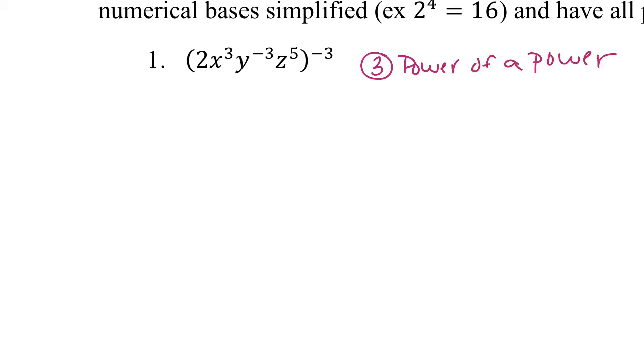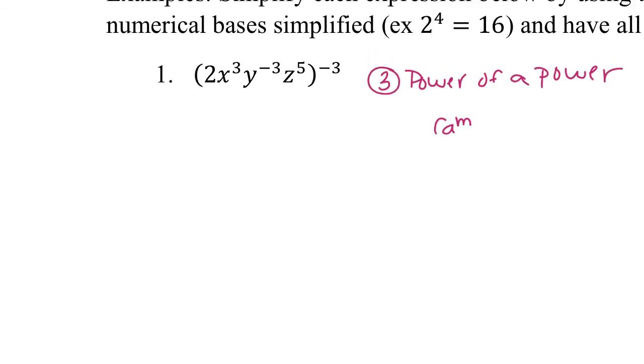And that says that if we have a to the m to the n, that means we're going to multiply the exponents together. So on this coefficient of a 2, the exponent is a 1. If there's not an exponent showing, we assume there's a 1 there in its place. So that means we're going to multiply 2, and then this negative 3 and this 1 get multiplied inside the